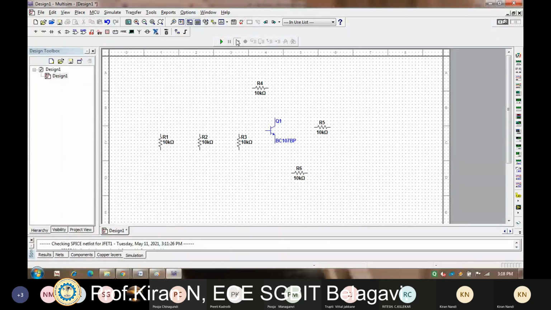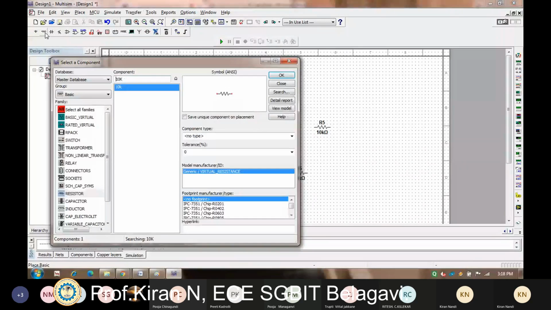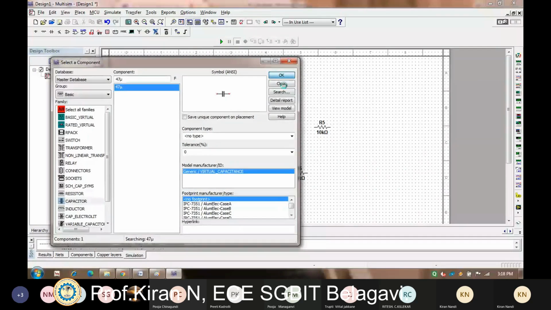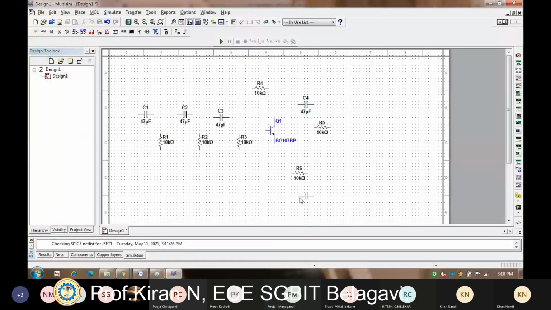So then I need capacitors here. I'll place a capacitor. So I need total 5 capacitors. 3, 4 and 5.